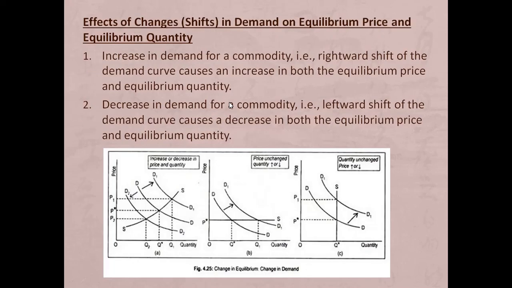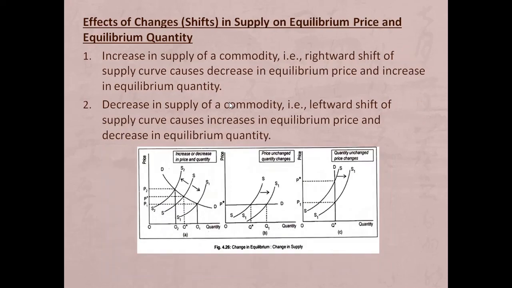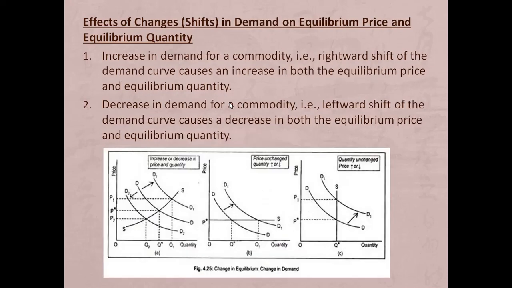Now, what are the effects of changes or shifts in demand on equilibrium price? There are two types of shifts or changes: shifting from the demand side as well as from the supply side. Let us discuss the effect of a shift in demand on equilibrium price as well as equilibrium quantity. Whenever we say there is an increase in demand, we are actually talking about the rightward shift